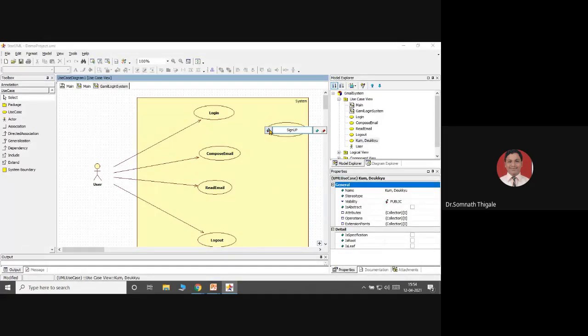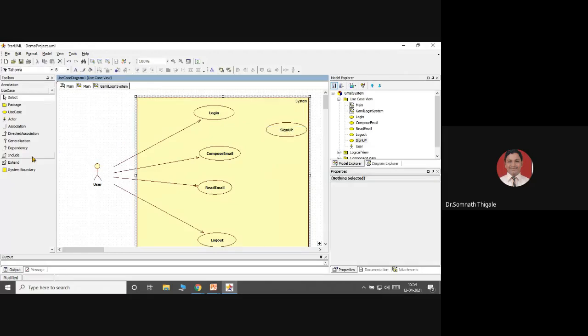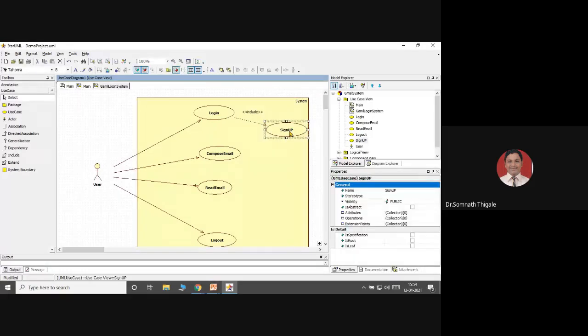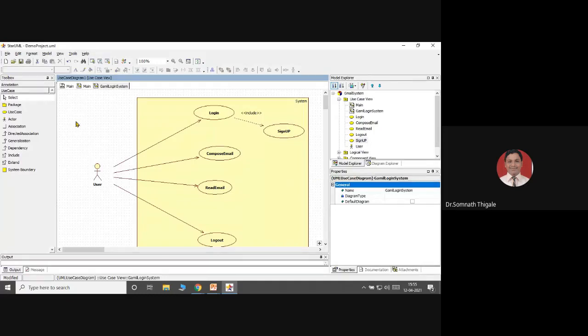So I'm just adding that sign up option here. Sign up will be there as an include part. Before signing up, the user cannot perform a login. That is one way to represent, or you can represent it like user sign up extends login. In the sign up, you will get a chance to enter your UID and your password. That part you need to keep into consideration. So this I have just represented. I will take this diagram outside so that I can share it with you.